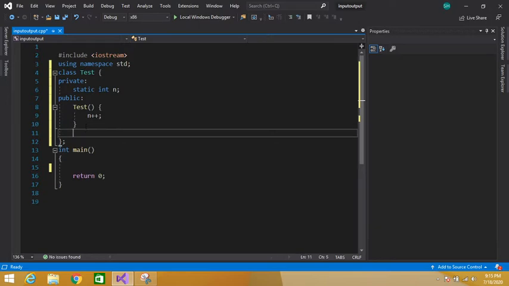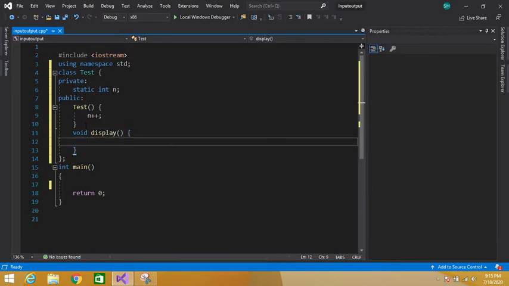Let's create a display function to display. I am writing code to check how many objects of a class have been created. So let's display. In our display function, I will display the total number of objects created for this class.